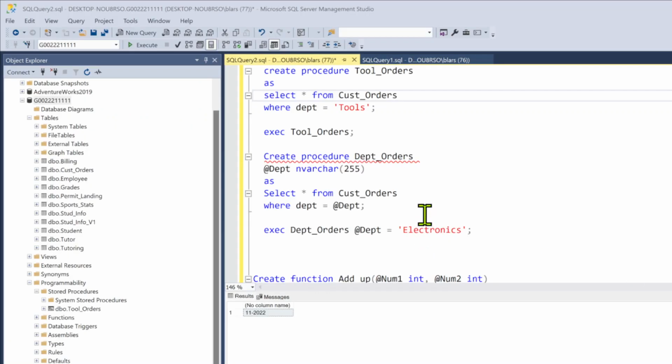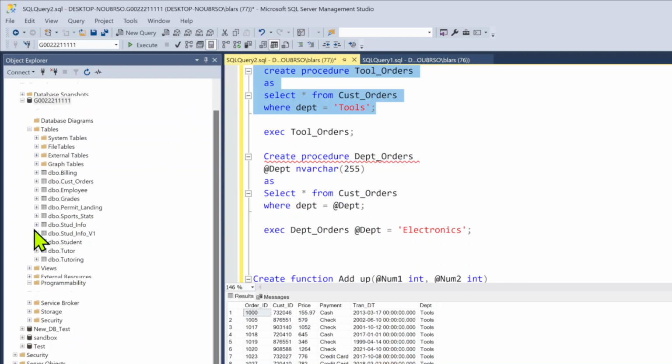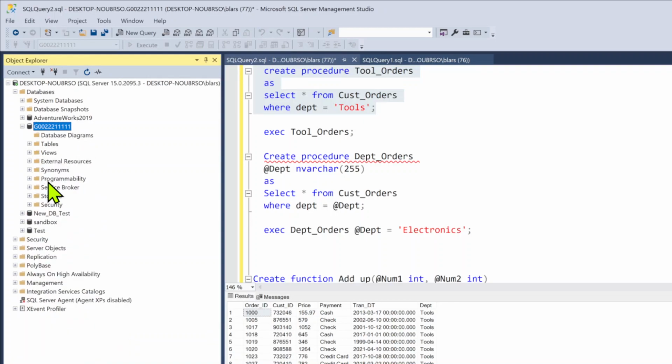All right, so here we go. Create a stored procedure, tool orders. This is just a very simple query where I've taken from our cust orders and I've said I only want stuff from the department of tools. So if I create this as a stored procedure, and I've already done this, so I can't really run it, but you'll see, if you look over here, I know this is an eye chart on this website, if I refresh here,